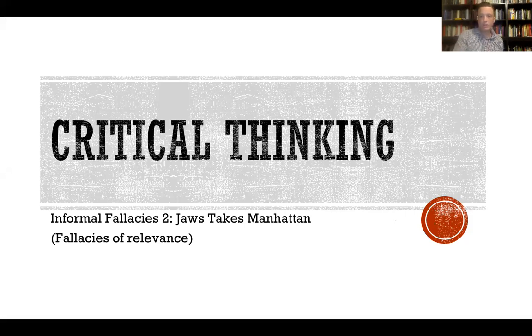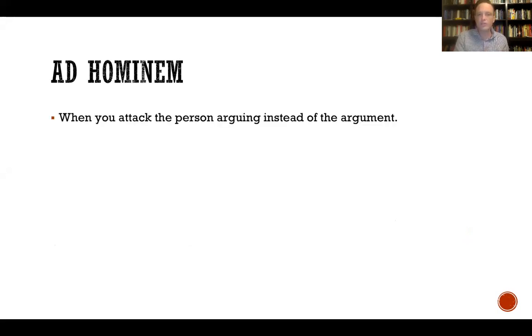Anyway, here we go. So the first one we're going to look at is what we call an ad hominem fallacy. This is where rather than responding to reasons that someone puts forward to make a claim, and attacking the claim, you attack whoever it is that made the claim as if that's a reason to reject a claim. So it's when you attack the person who's making an argument instead of attacking the argument,